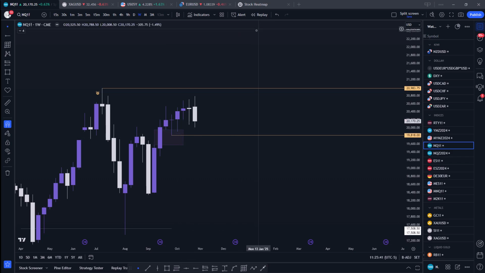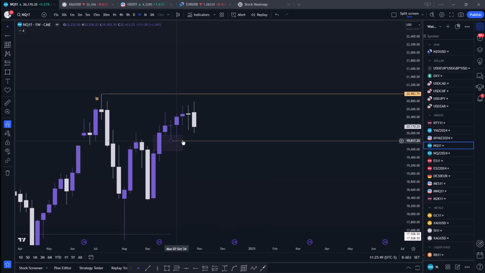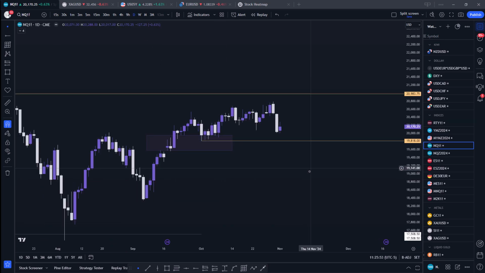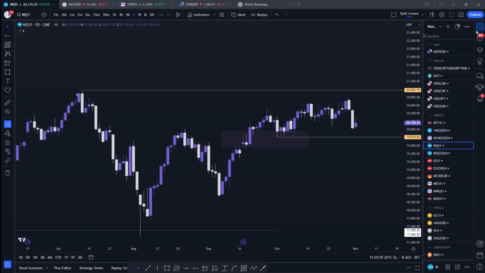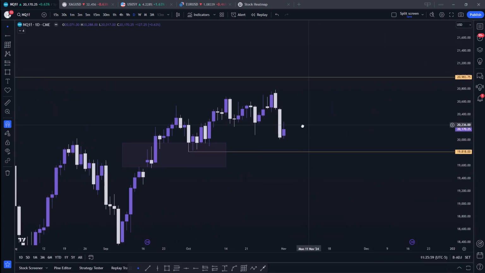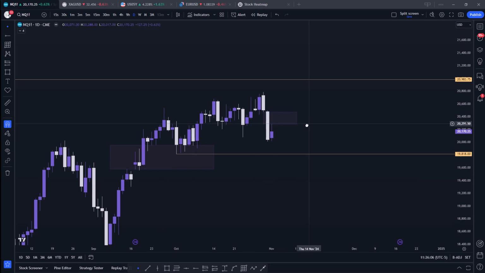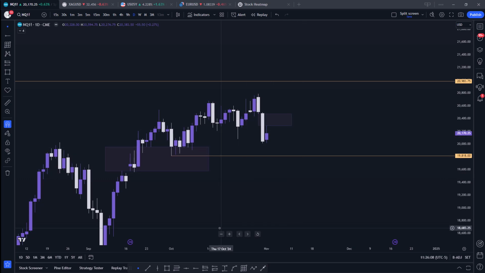And going through that, we have this low, this sell side liquidity here at 19,818. So that's my draw on liquidity going into this coming week. Looking at the daily time frame, we can see that we created a daily fair value gap as well that could be used to create the possible high of the week before continuing lower.